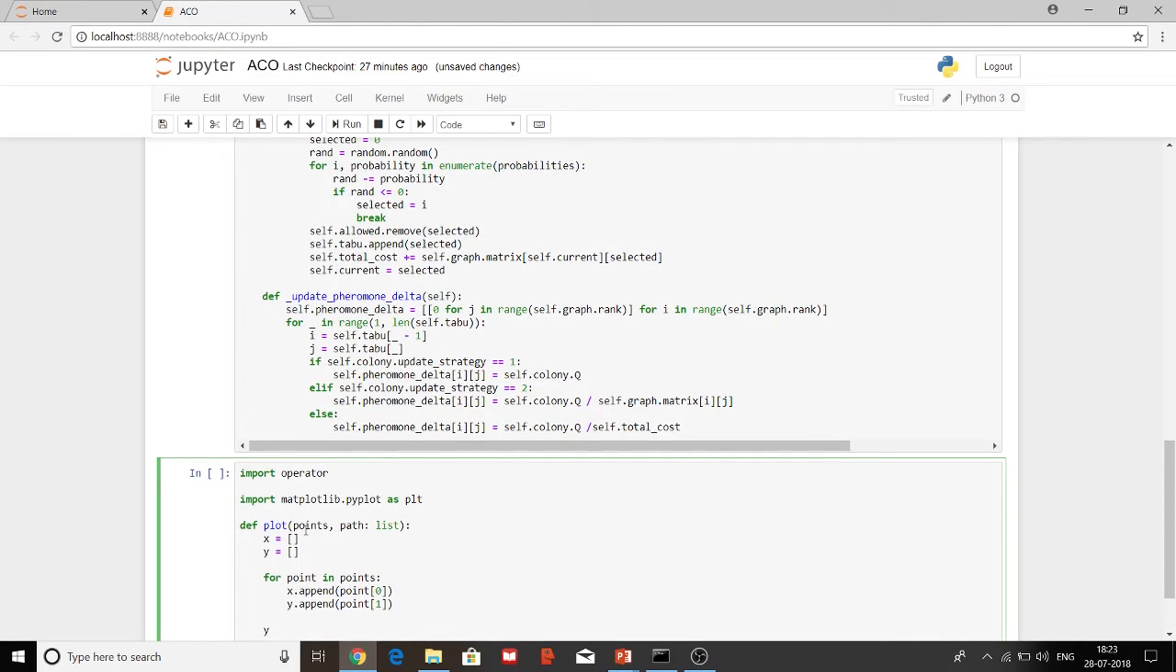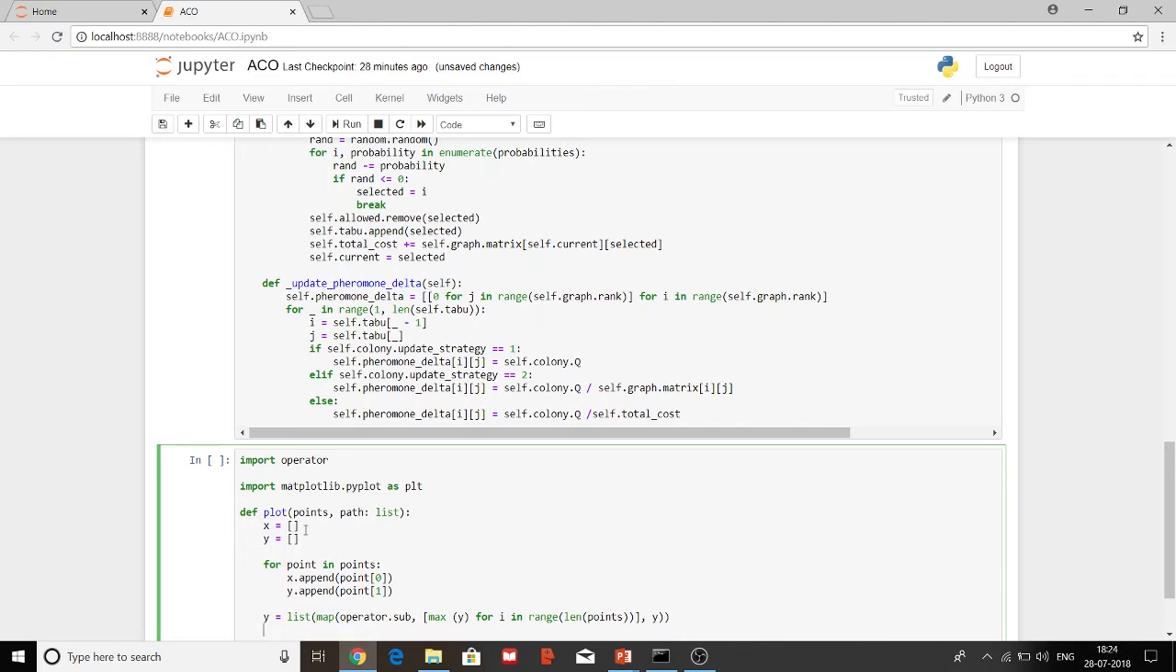No inspection, PyUnusedLocal. y equal to list, map operator.sub, max y, for i in range, len points. Then finally y, then plt.plot(x, y,